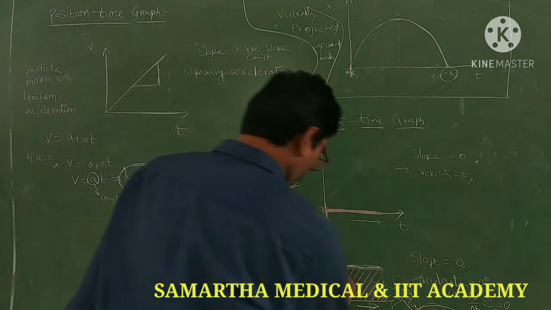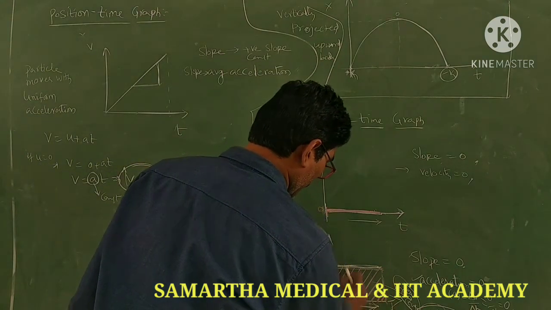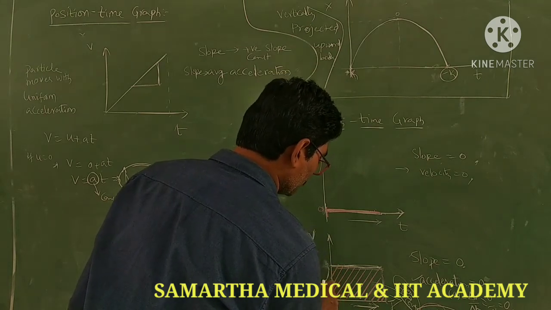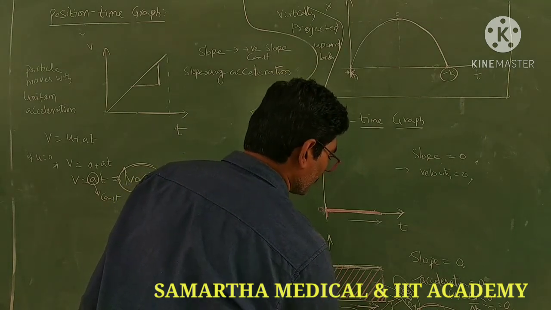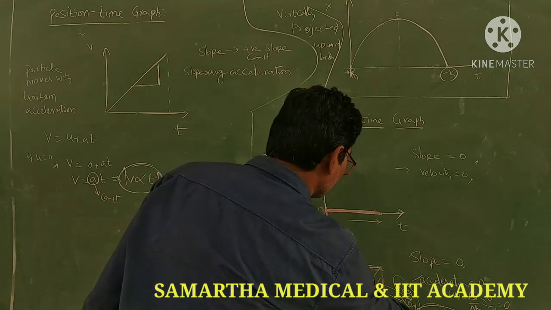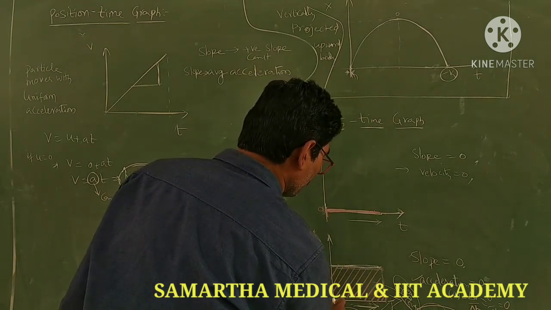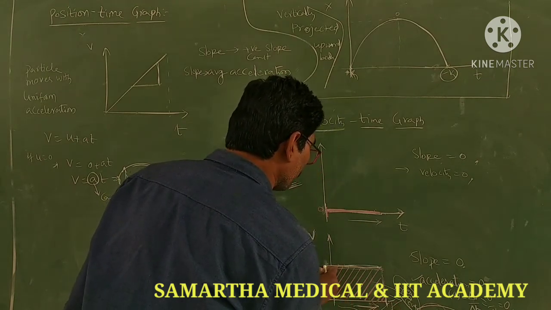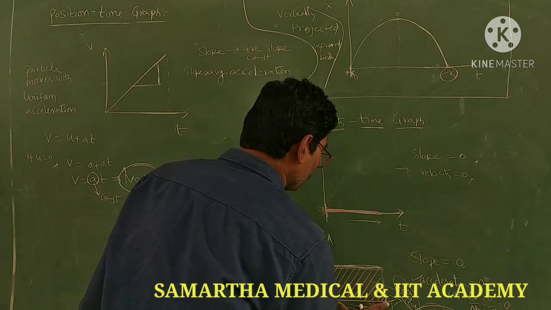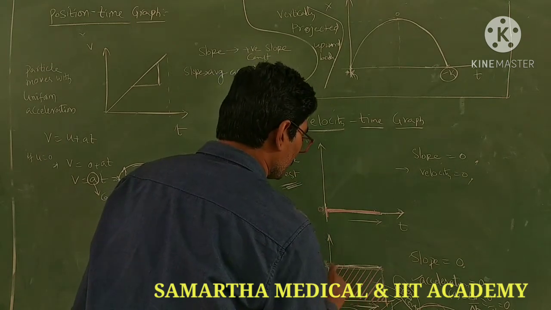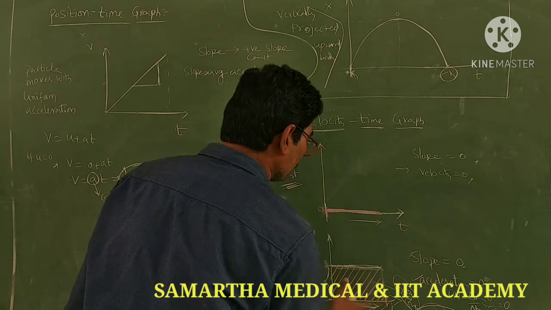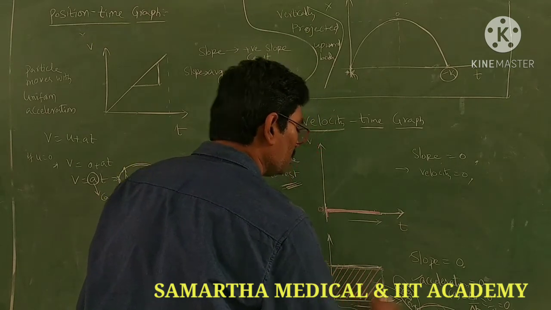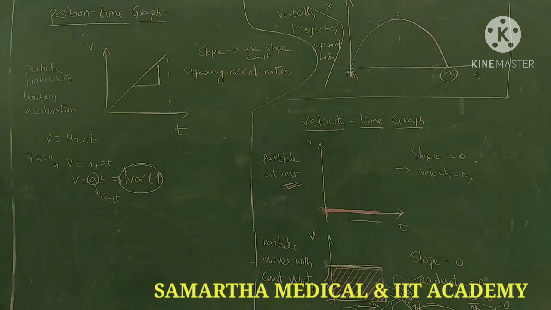Area covered here looks like a rectangle. So you can say the y coordinate, that is velocity, into the x coordinate, that is time. So v into time, we are getting the displacement physical quantity. Similarly, if you take the value from here to here, and from here to here on the graph, the product of these two values gives the rectangle area, length into breadth. That gives the area covered for this particle. While solving problems, you will come to know about that.